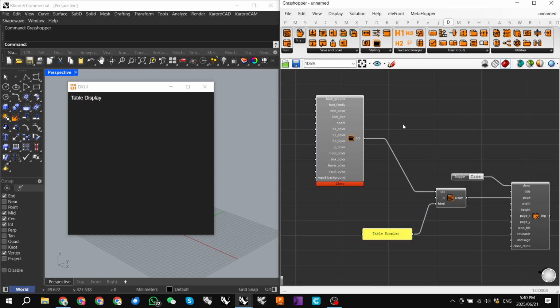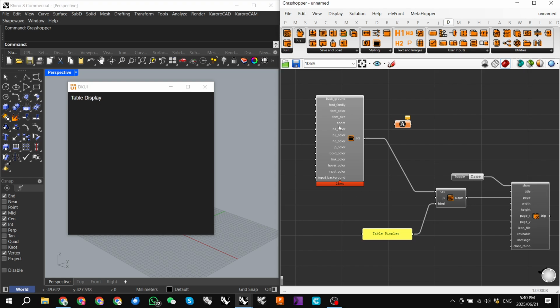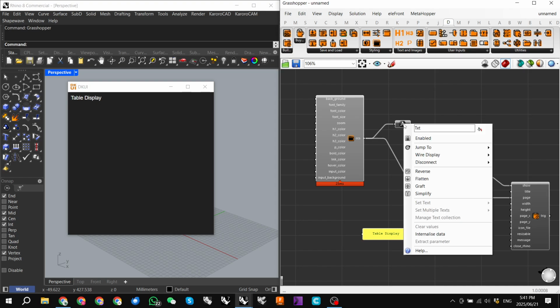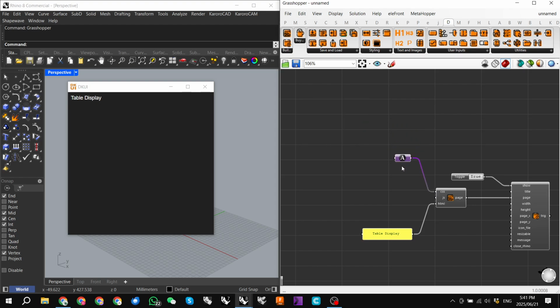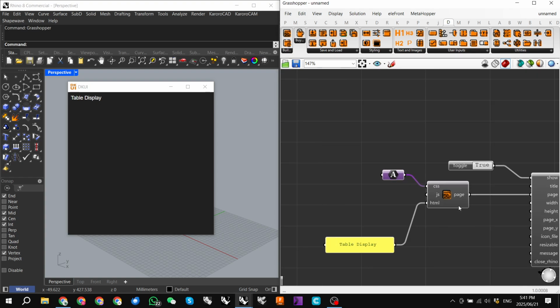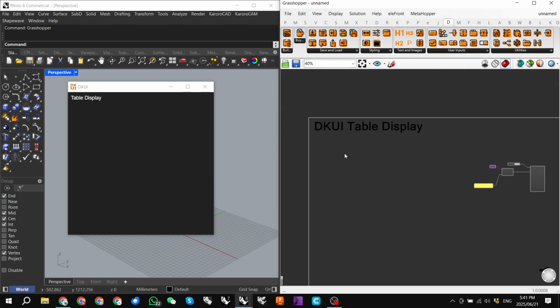Actually, before we get too far in, I might just show an interesting little way of cleaning up your setup. If I plug the CSS input into a standard text component and then internalize the data, this will actually have all the associated CSS in that component. And if I'm not doing any adjustments to it, I can just have that going into my page builder component and have it take up a lot less canvas real estate. So with that cleared out of the way,